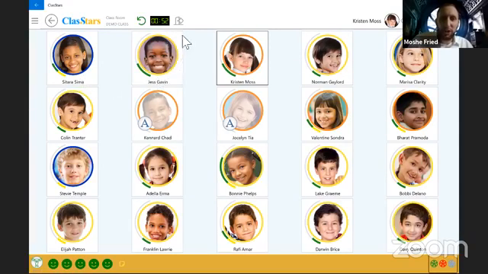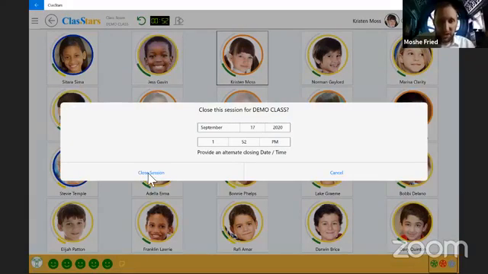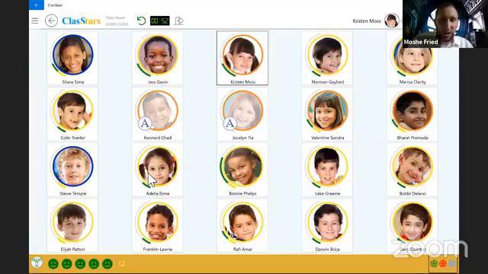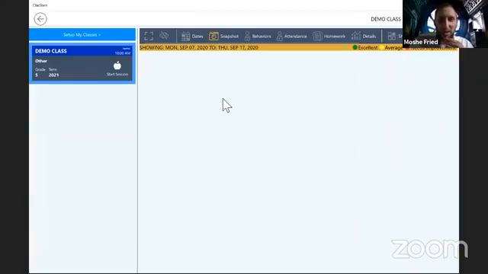Let's go ahead and take a look now at some of the charts. We're going to close the session. We're going to go check out some of the charts over here. And as soon as we get back into the dashboard screen, we can see that. Okay, here we are at the demo class. Again, we start off with the snapshot dashboard by default. That's always where we start.